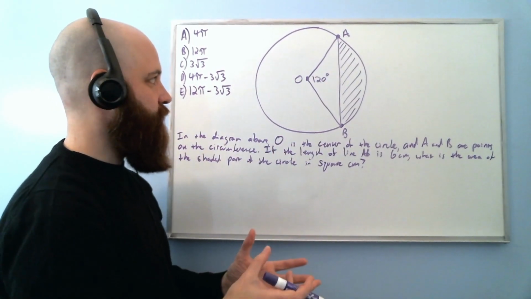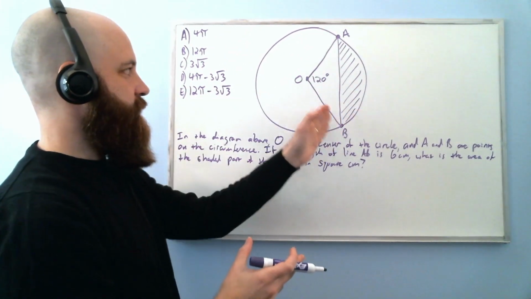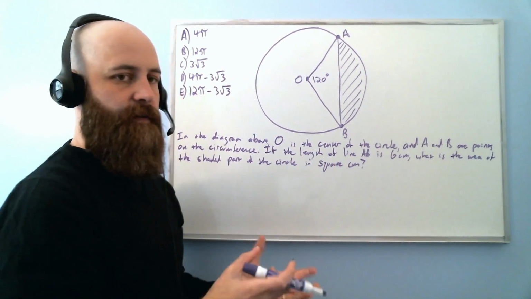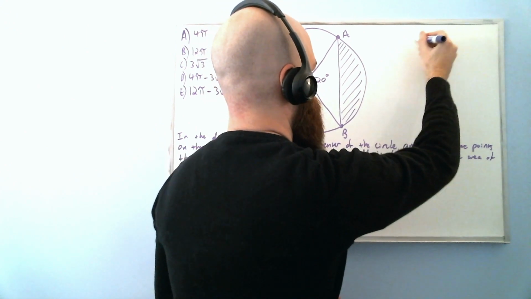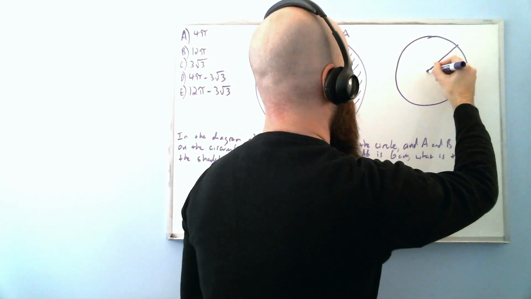1/2 base times height would work for that. Now, what about this shape OAB? Basically I could call that a slice of the pie. Well, that's the sector of a circle, and there actually is a formula for that. So let's talk through that to see what this formula tells us, why it makes sense, then we can apply